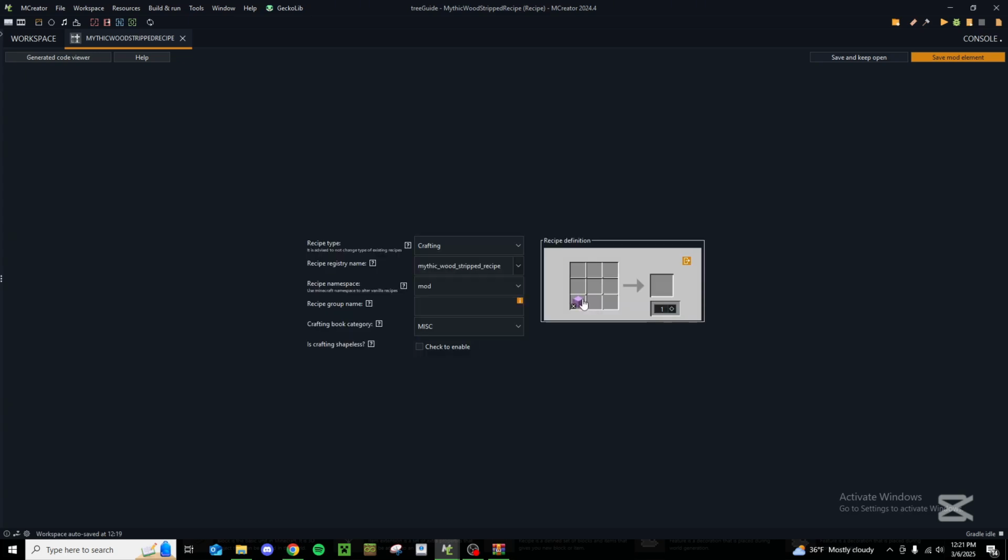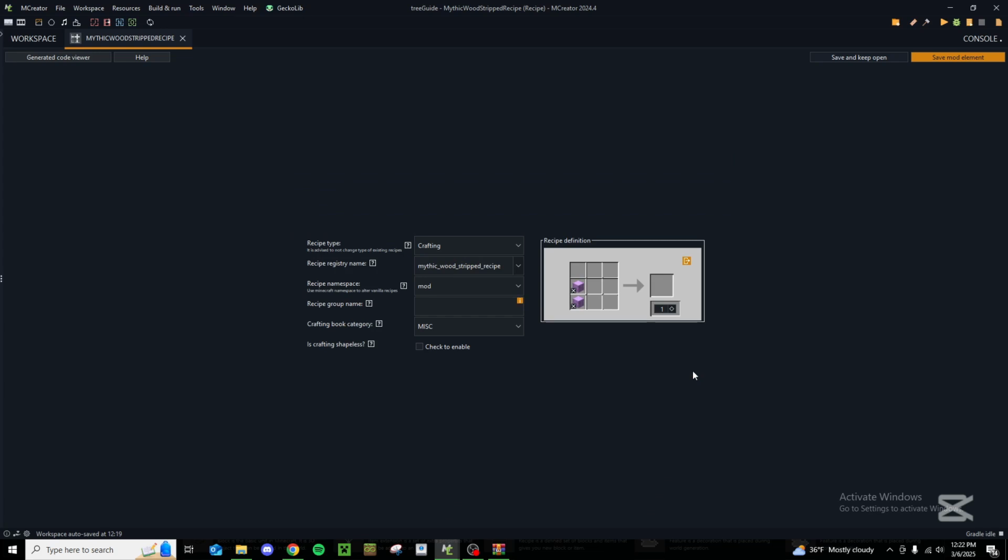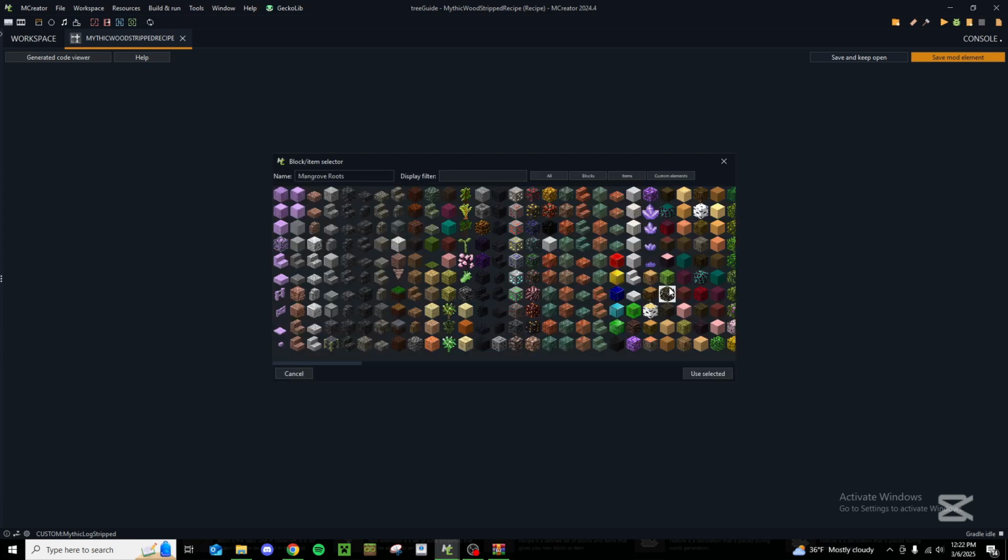And then a little cool tip for you guys: instead of having to come in here and select it again, although it wouldn't be too hard, we can just, oh, I keep pressing use tag. We can actually middle mouse button right here, drag it over and down, and just like that, we now have mythic log stripped in every single one of these things, and that's going to give us our mythic wood stripped,